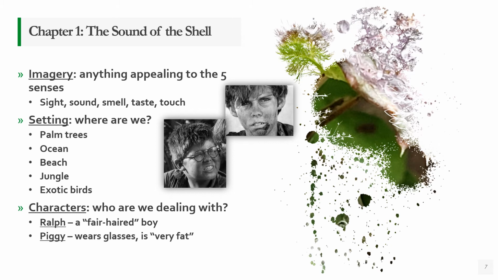And the two of them, Ralph and Piggy, are now trying to determine what has happened here. They're looking around, and they're still kind of unsure of themselves. Ralph starts to look around, see what he can find to determine this. They're walking along the beach, and they find a big shell in the water. This is important for the remainder of the story. And I'll show you an image of it on the next slide.